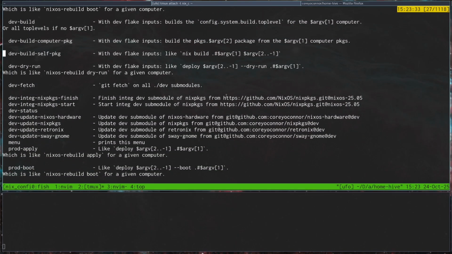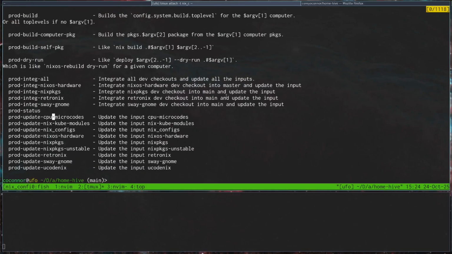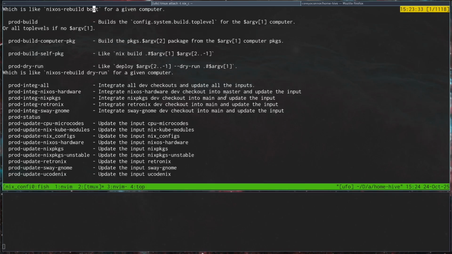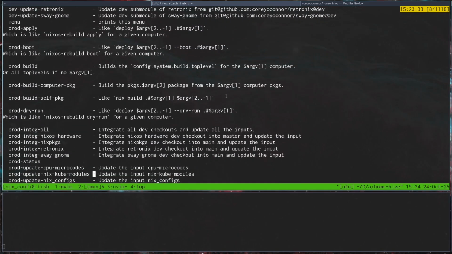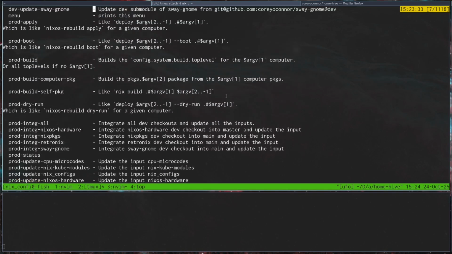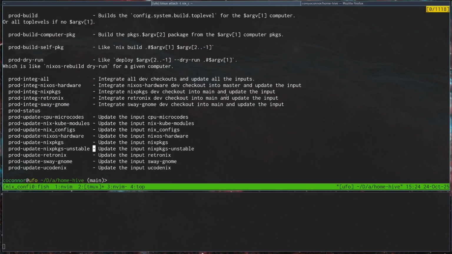Build self package, that's just building a package defined by the flake itself with the dev flake inputs. I'm going to skip talking about these later ones here. That's part of integrating changes. First, talk about them and how they work for the prod ones. And again, this prod is largely just a mnemonic over standard Nix and Nix build and deploy commands. It's really the dev ones that use the submodules and override the inputs. Prod is just to keep a consistency in command format between development and production builds. You'll note that they're mirrors of each other